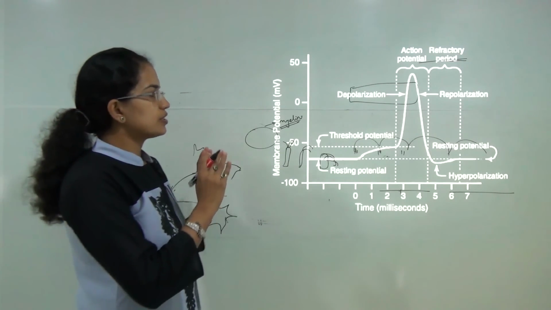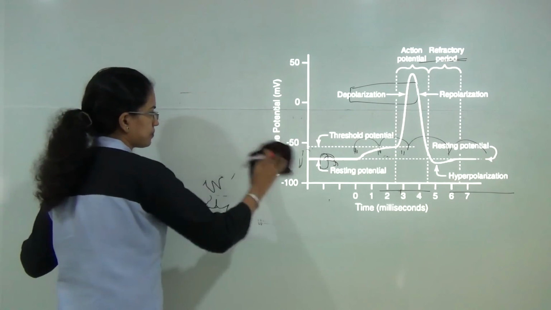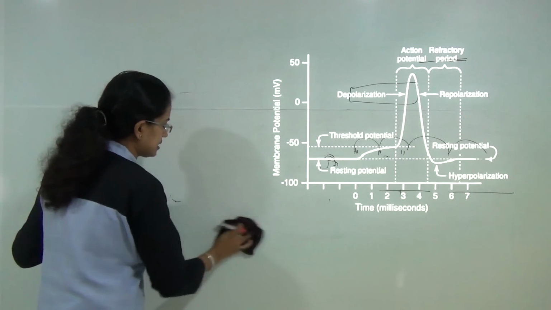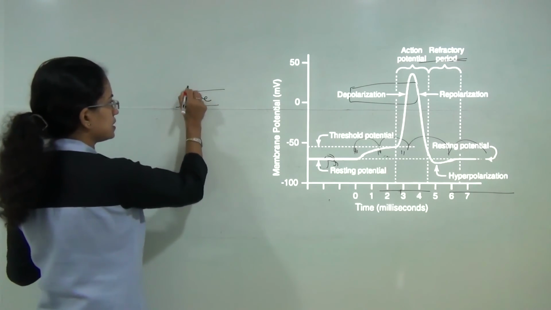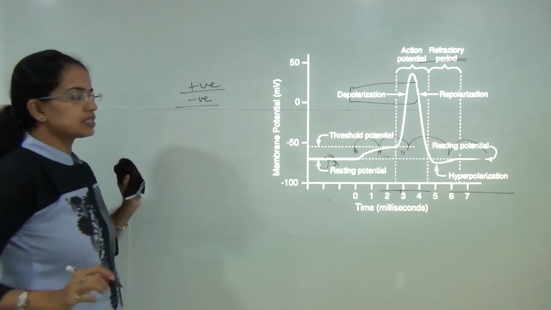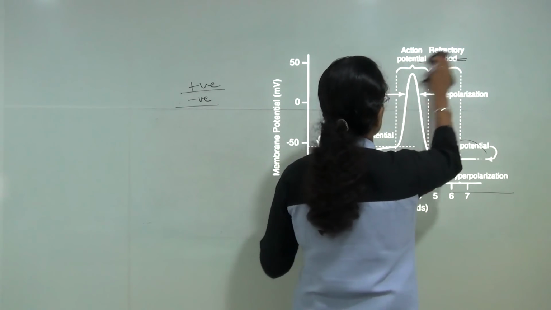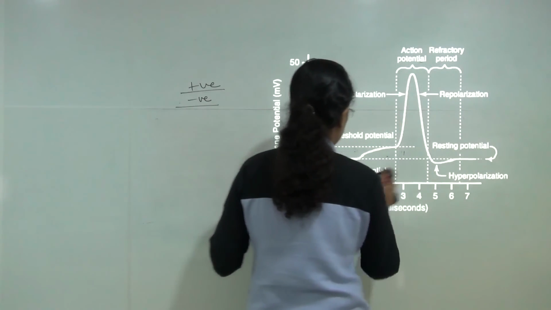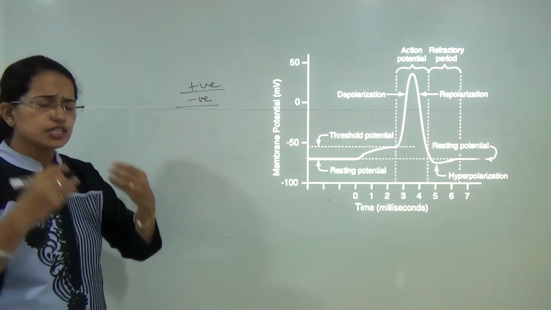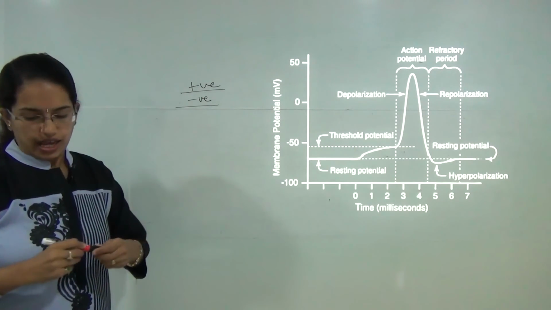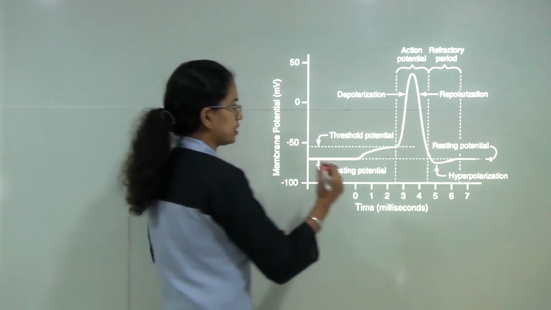Now moving on to the action potential, the major concept that we need to understand today. Now as I said, under the resting stage, what happens? You have inside which is negatively charged and outside which is positively charged. This is the resting potential. Till the point you reach the threshold potential, where you have the sodium that moves in and reaches a certain level, which is known as the threshold level.